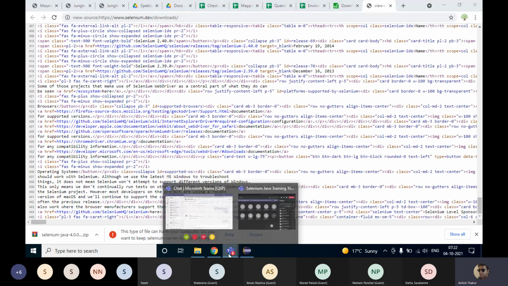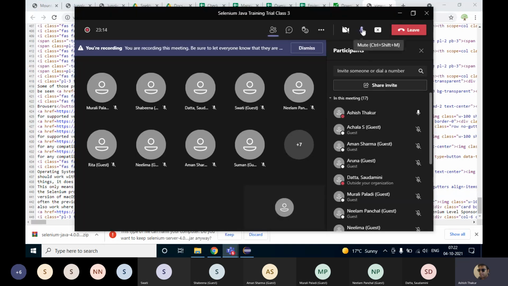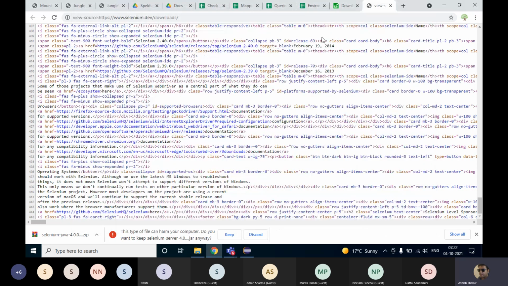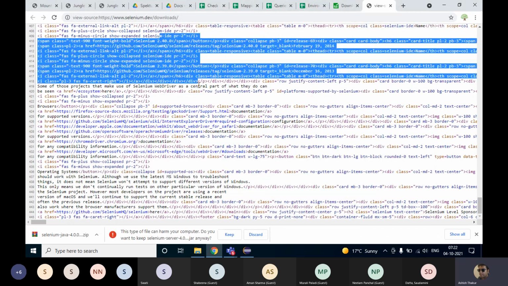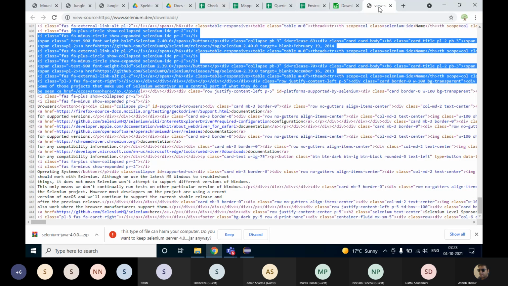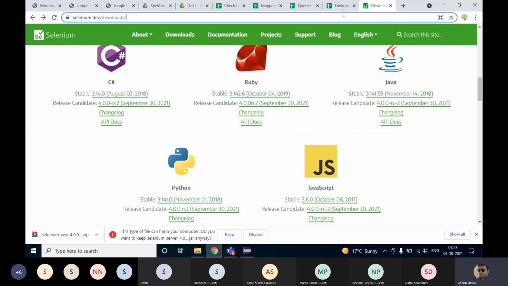Okay, so what we do is analyze the page source of the website and find the elements in the page source, and Selenium works on this page source. Okay, this page source remains the same for all the browsers. It's not different for every browser.